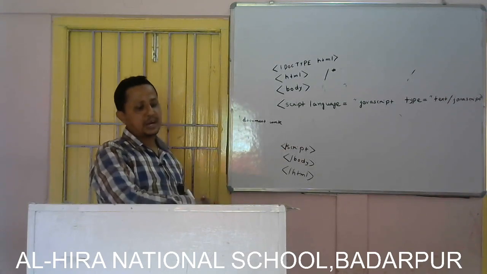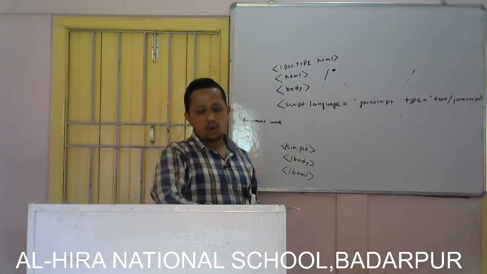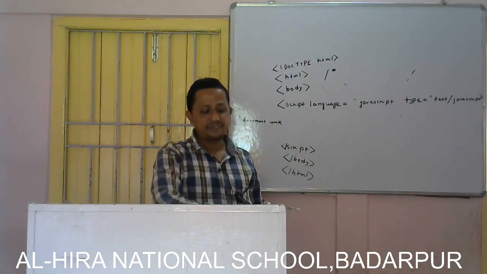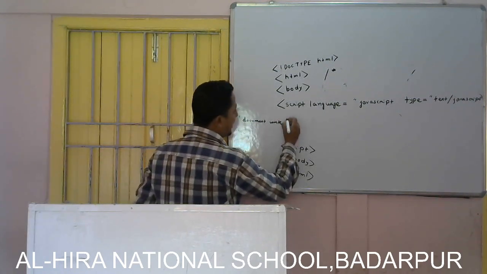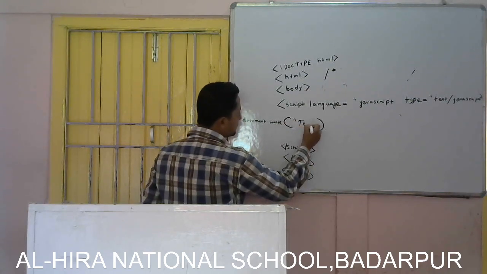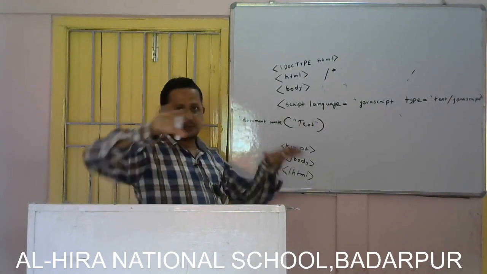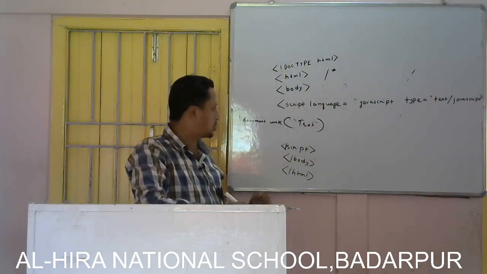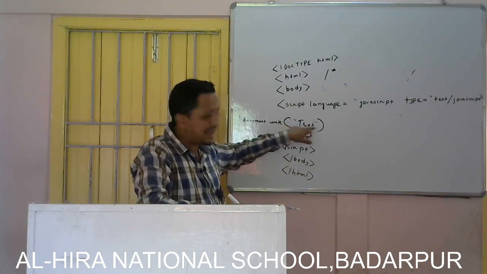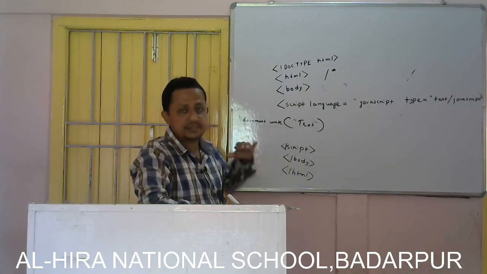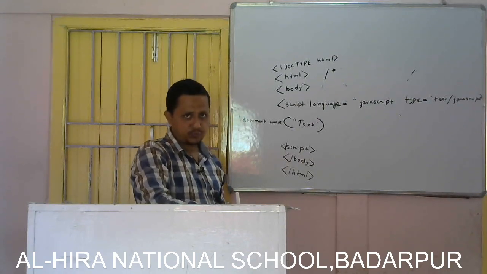So the document.write statement is used to write text. Write text means to display output on the web page. The general format of the statement is document.write, and within it I can write any text. It is the same as alert. In alert, whatever text we write within it displays as output. Here also, whatever we write inside the parenthesis is displayed in the output. So the document.write statement is used for displaying the output.